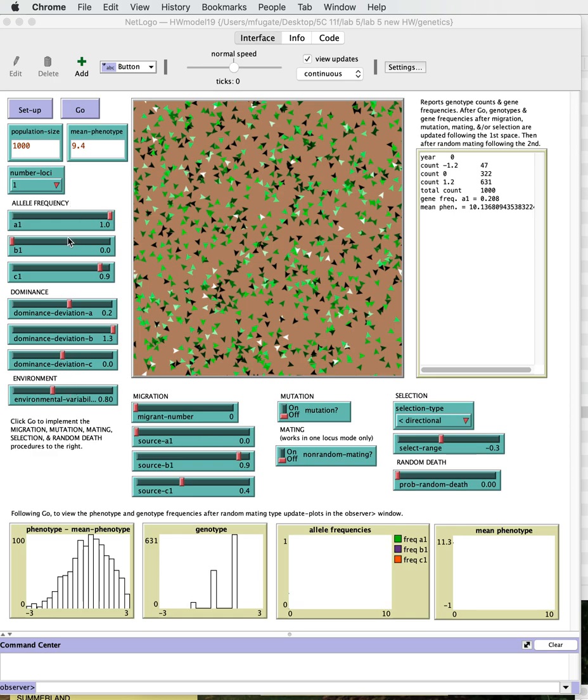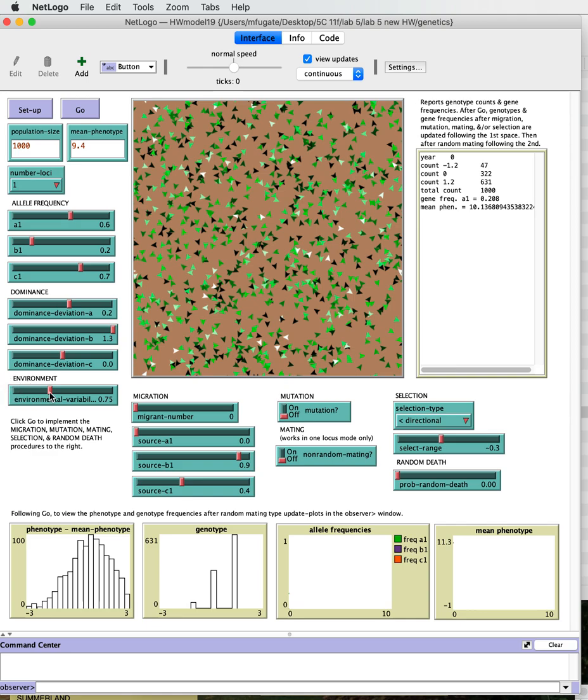So what we're interested in is this additive proportion. And so when we look at a population,